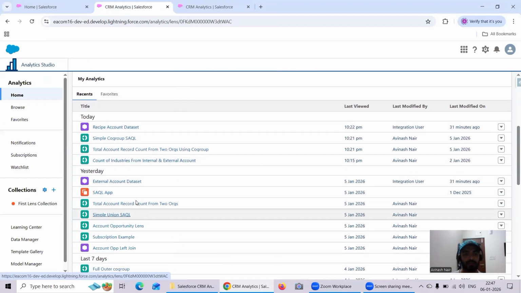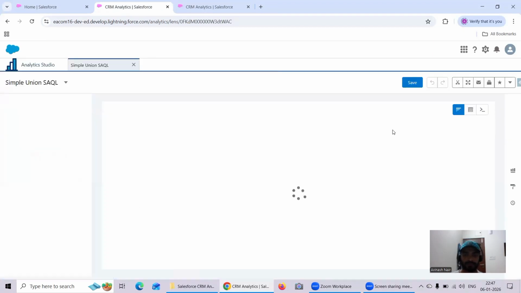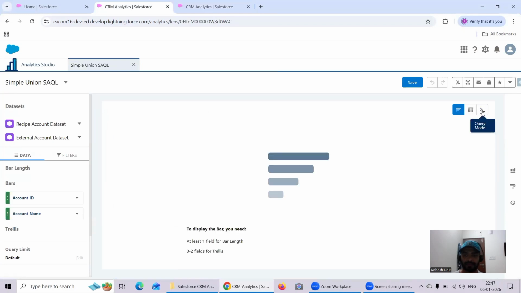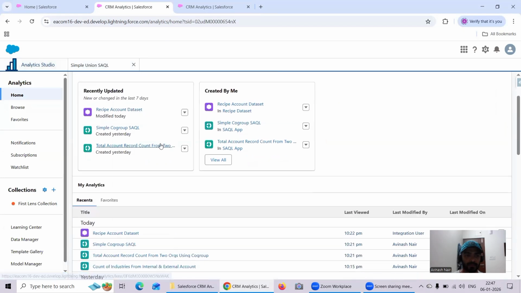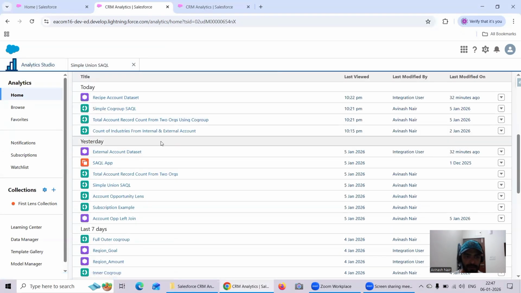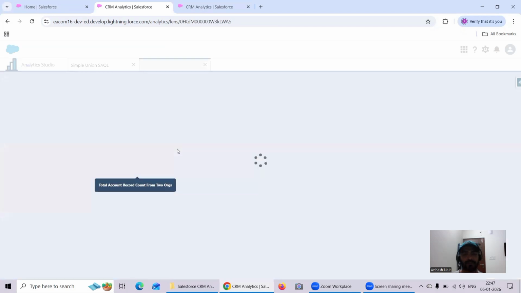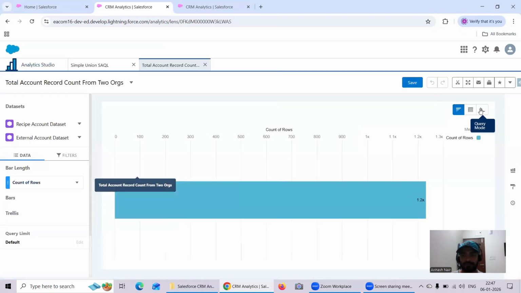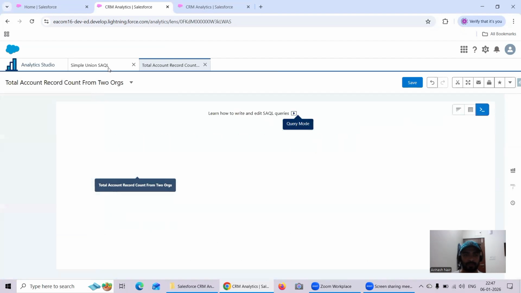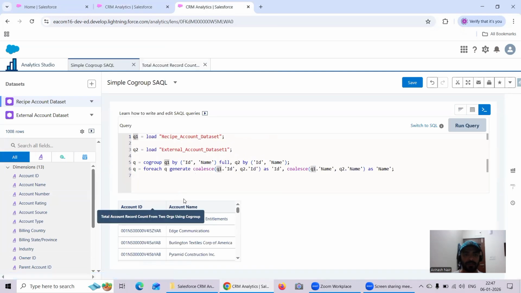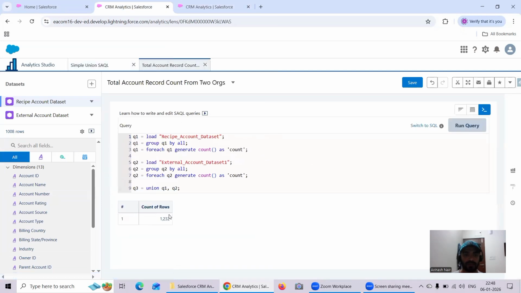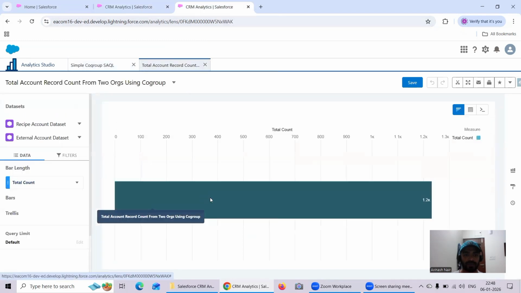So let me open the union part also. I think it's one more thing, total account. Yeah. So this is related to union, the same thing we did with the help of cogroup. Then this was related to the total account numbers, the same thing we achieved with the help of